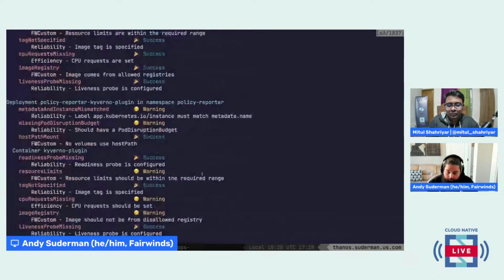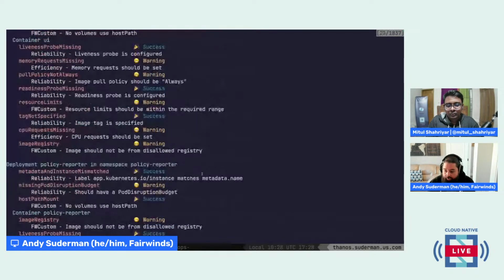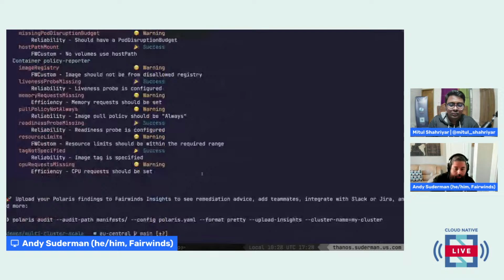And so we've now run the same policies both in CI, in cluster, and they run at admission time. So we've got all three places where we're checking these policies, and we're using one centralized config to manage all of those. And so when you are looking at scaling policy up across multiple clusters, across multiple teams, across multiple deployments, having multiple ways to interface with that policy is super important.